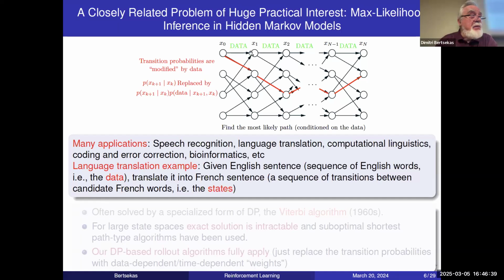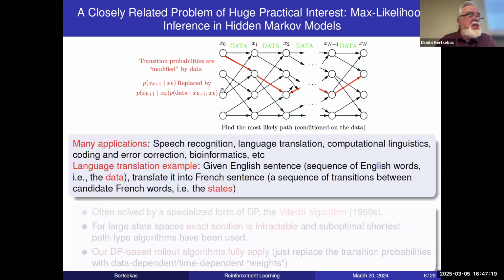However, we also have data. We're given the original Markov chain with transition probabilities, but we get extra information, data, for each one of these transitions. And what we want to do is find the most likely sequence conditional on the data that we have received. So we get a certain amount of data for the evolution of this Markov chain, and we want to find the sequence of states that matches best the data, in the sense that it maximizes the likelihood of that